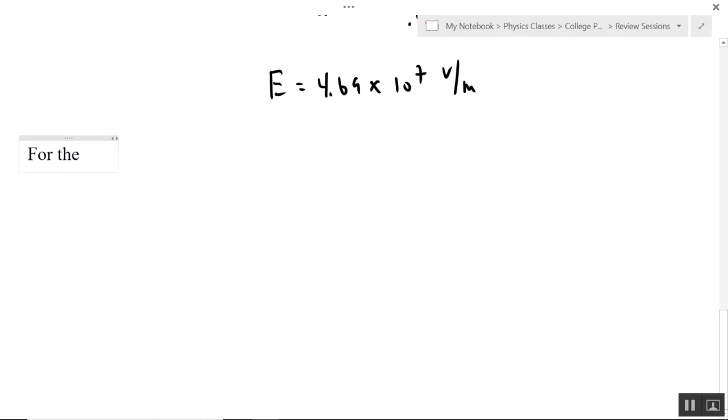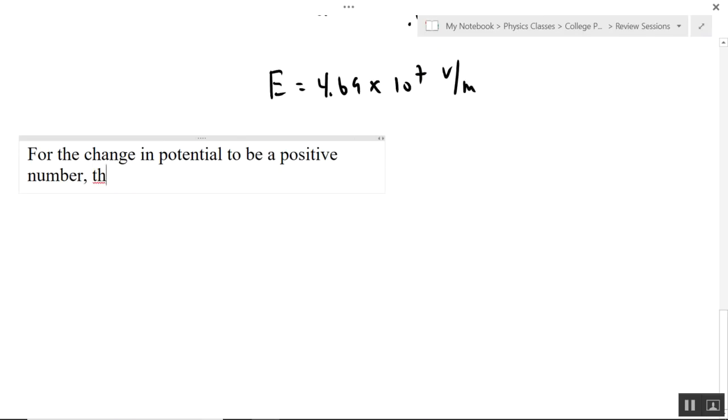For the change in potential to be a positive number, the charge must be moving against the field. Since the charge is moving in the positive y direction,